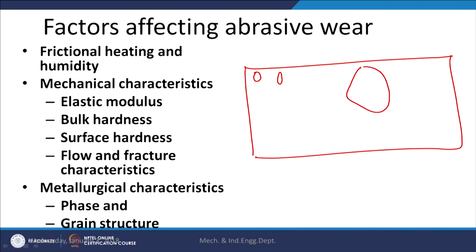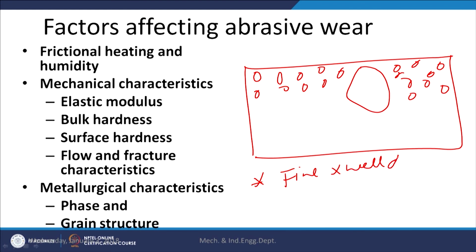Just big size particles may not be enough. It is always good that particles are small in size and well distributed. This will help in two ways. Fine and well distributed particles mean the inter-particle distance is less